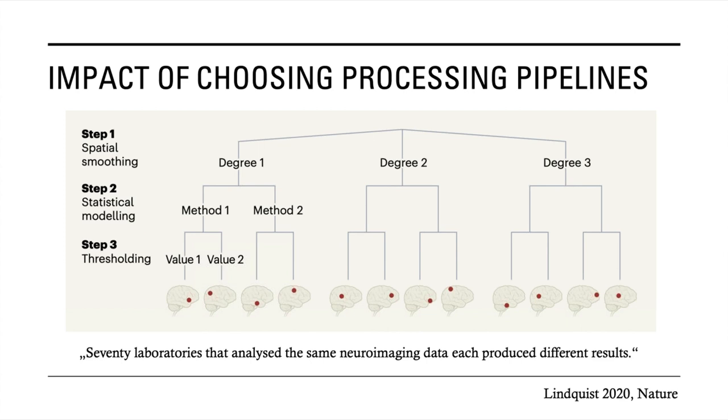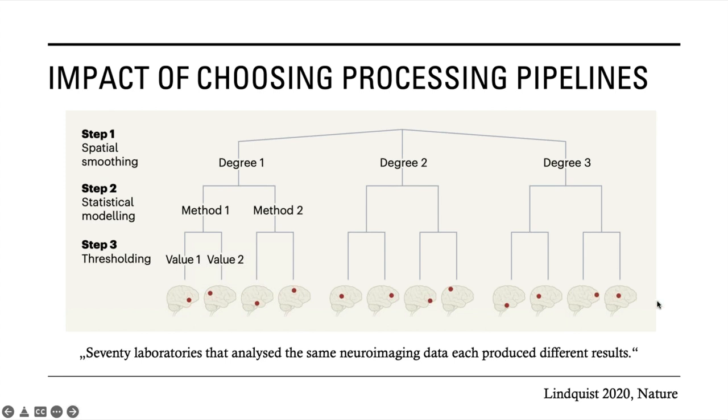On the one hand, it's cool that everybody is developing a different strategy, so hopefully with that data is getting generalizable, but most of the time the considerations behind the processing pipelines are not well reasoned and are chosen by the availability of the software, for example, and not in close consideration of the data and which processing is needed for that. And as you can see here, there are different degrees of spatial smoothing applied, different statistical models, and different thresholds,